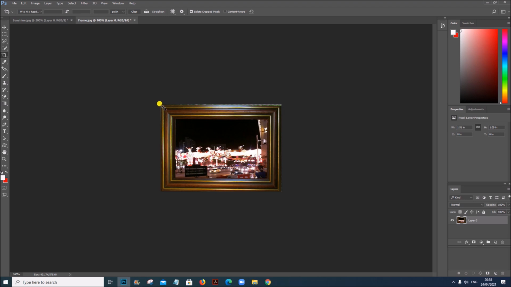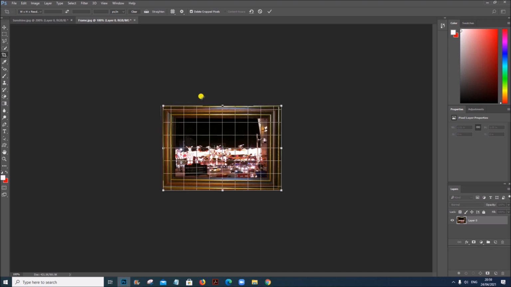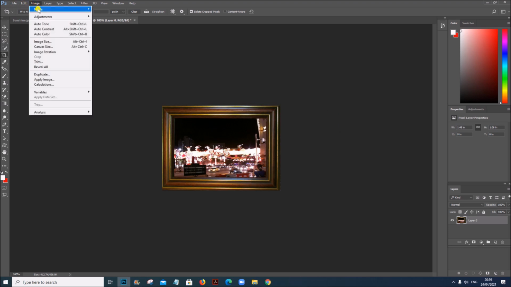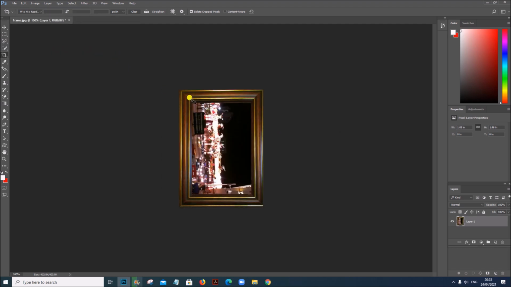Let us select it once more. Now we can rotate the image. Go to Image, Image Rotation, 90 degrees clockwise. Now we have only the frame without any background.